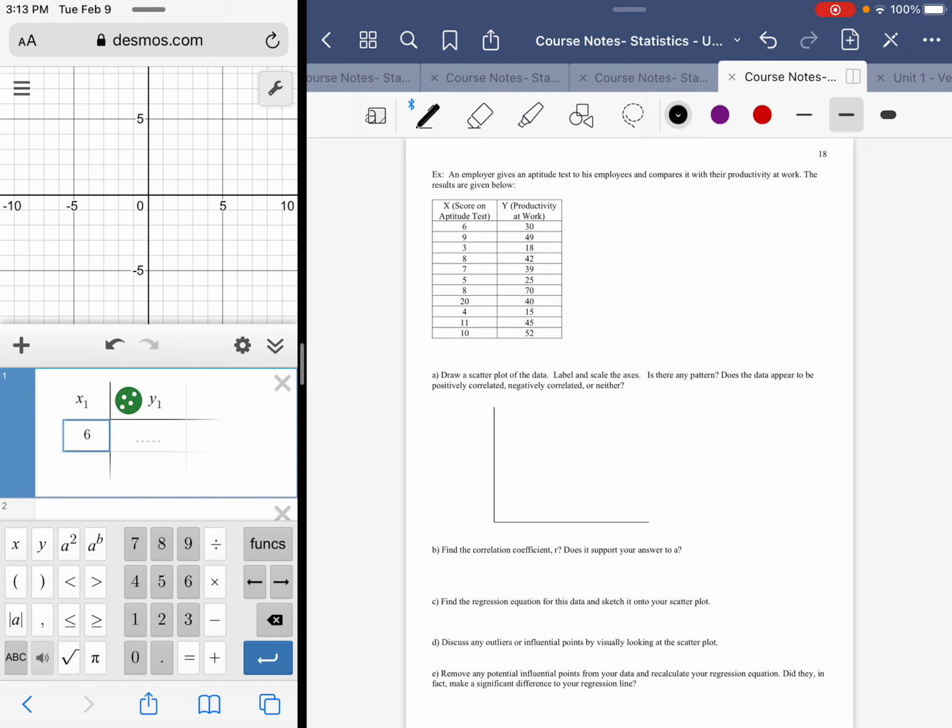Even if they didn't tell us that, I think it's common sense that aptitude would come before productivity, like how good you will be at something before you actually do that something. So even if they didn't tell us, I think we could have surmised that ourselves. All right, so getting our data points in, popping them into the calculator,